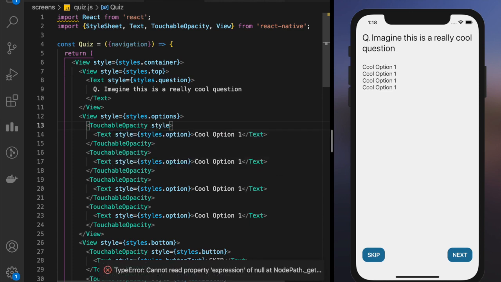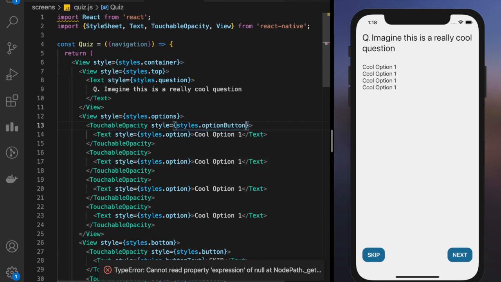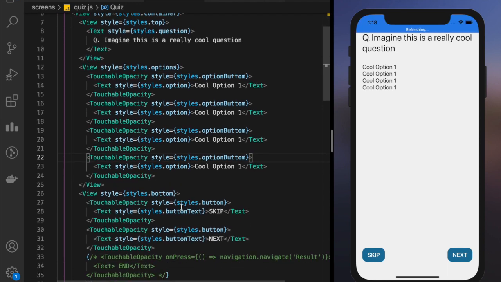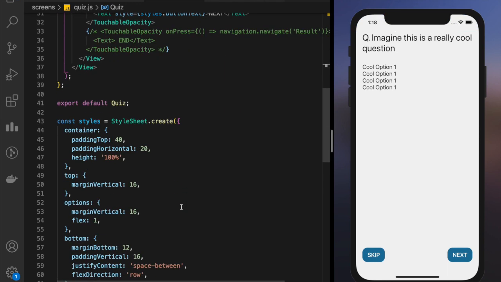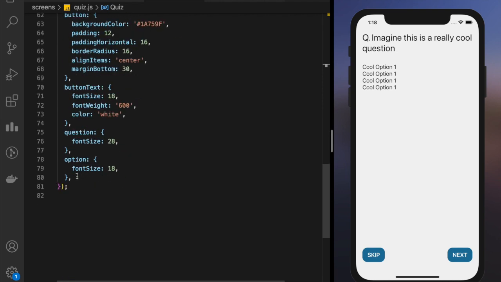Now I'll style it as option button, styles dot. Okay, about naming the styles, give them names that you can understand, and if anyone else is reading your code, they should understand it properly. Otherwise, what's the point of giving it such a detailed name, right? You can give it 1, 2, 3, but other people won't understand when they look at your style sheet. This is called a style sheet. So what was it?